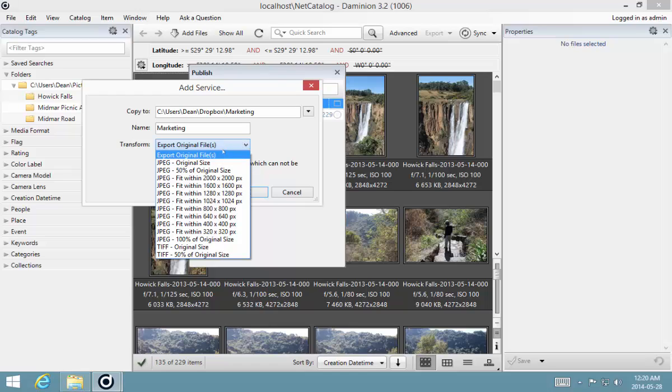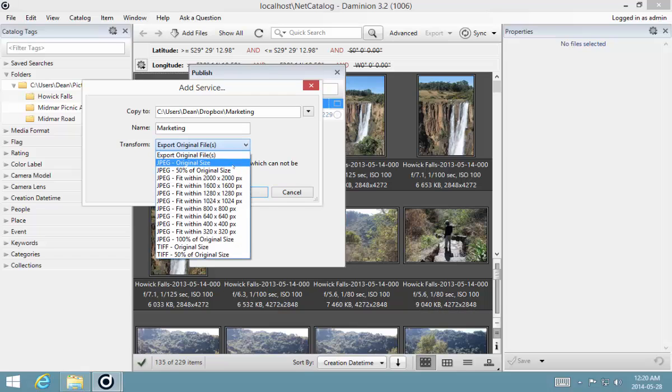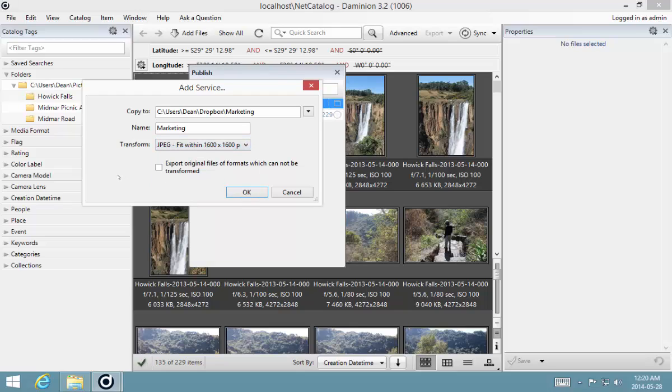So I know that my marketing department requires high resolution files, and as you can see from behind me over here, these are quite high res files. So I'm going to give them a 1600 by 1600 pixel JPEG,